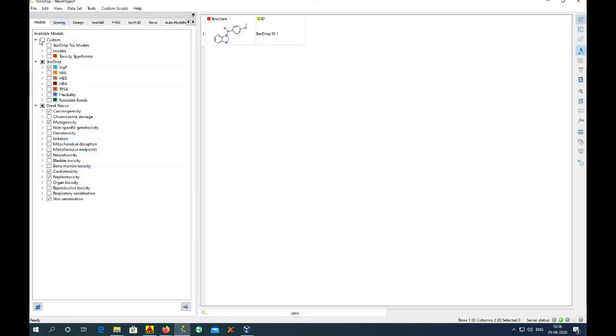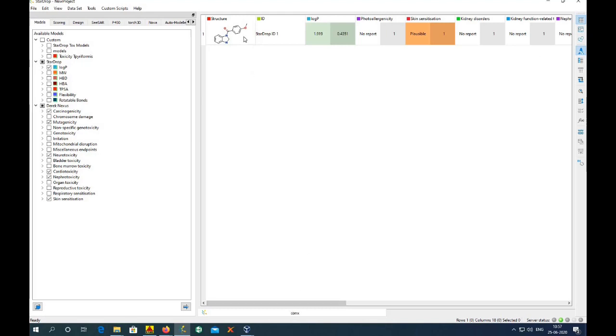Here we can see the different models that are there, and we can select the models we require. Here I am selecting logP, carcinogenicity, mutagenicity, hepatotoxicity. Some parameters I am selecting here, and I am going to run this to know the toxicity.